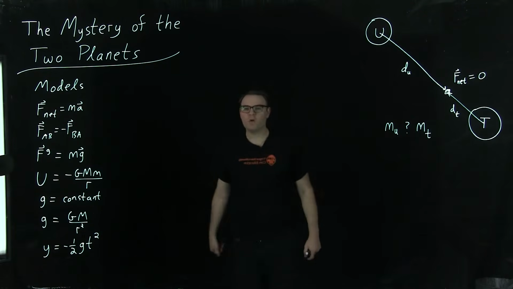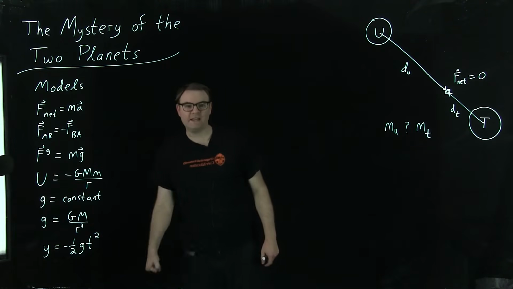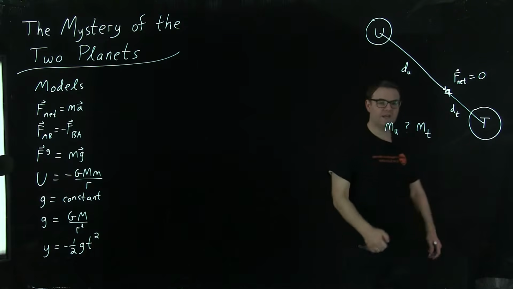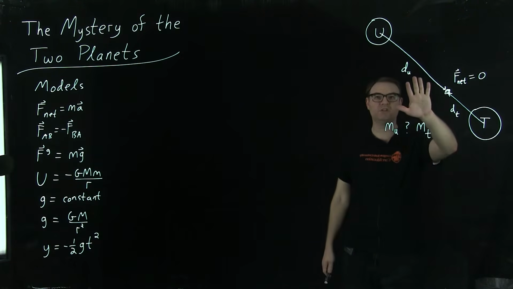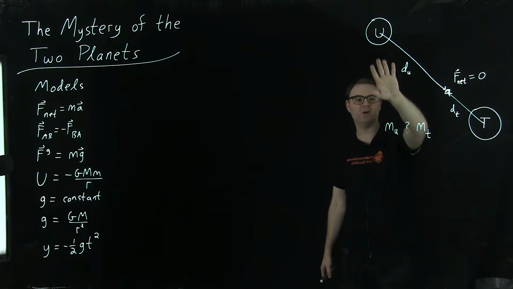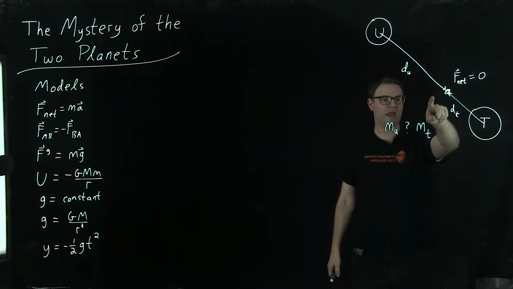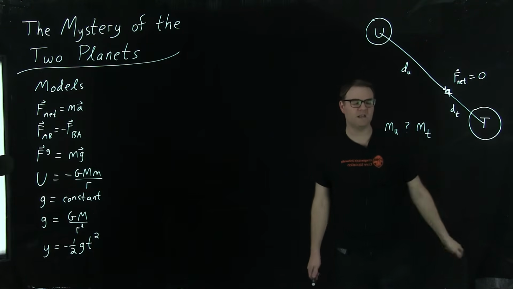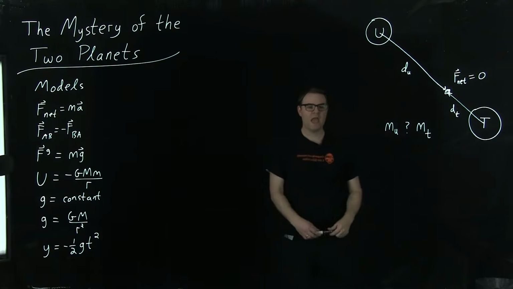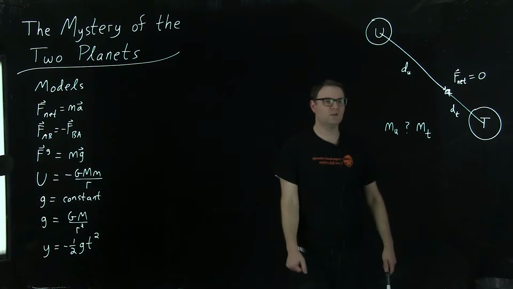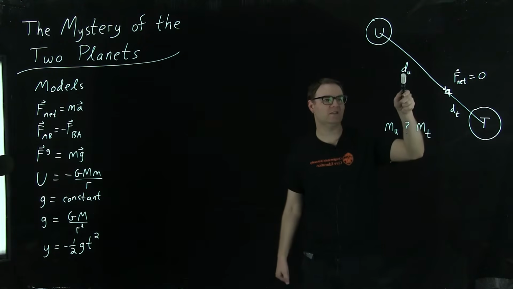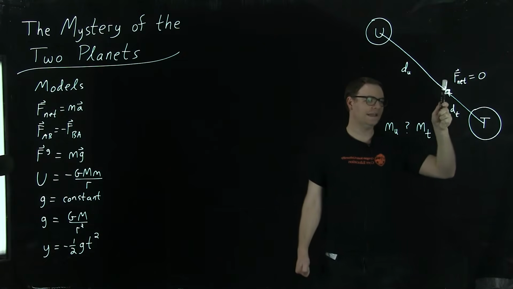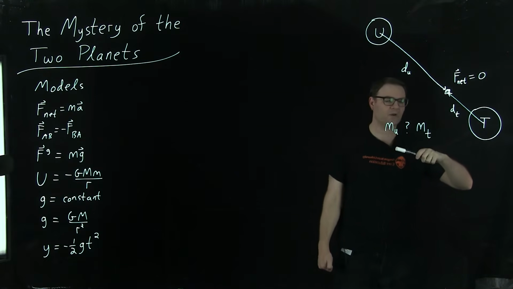Welcome everybody. We are working on the mystery of the two planets activity, practicing our explanation task. You should look back at the question if you need to, but we've got here two planets, Ursula and Triton. We have a little spacecraft that is somewhere in between them, and I am trying to use the fact that I know my distance from the planet Ursula is bigger than my distance from the planet Triton,